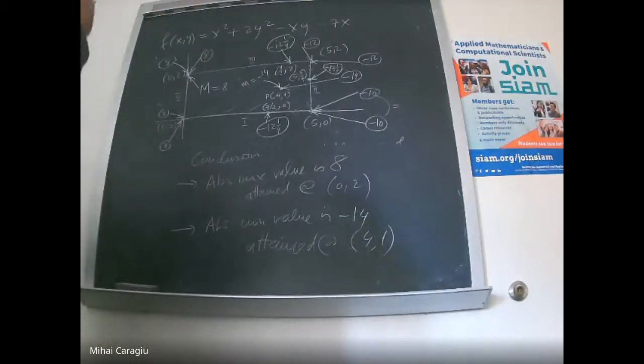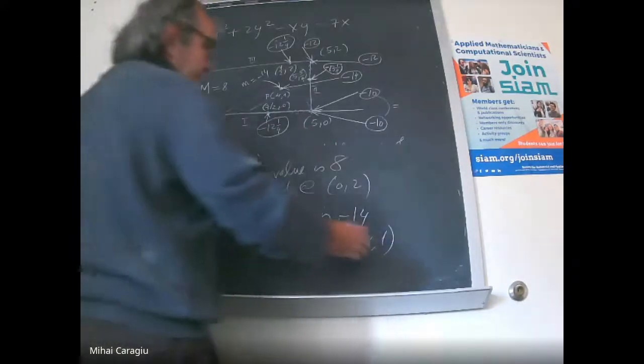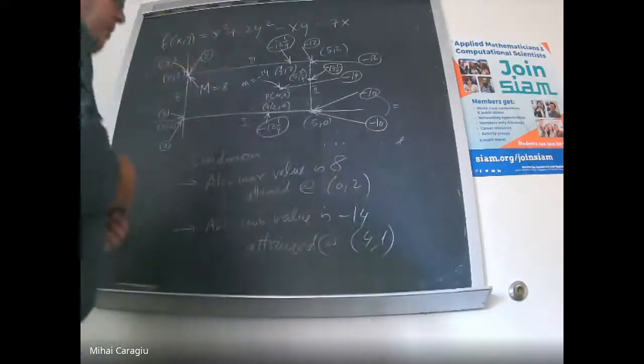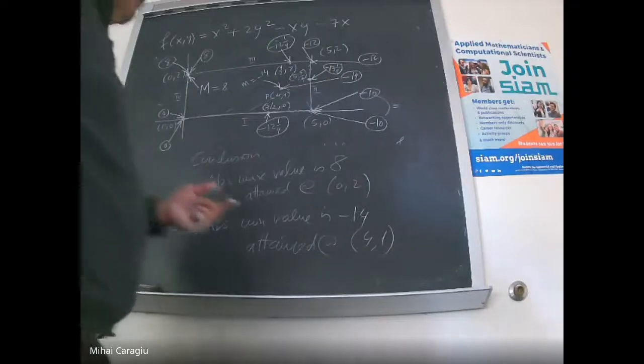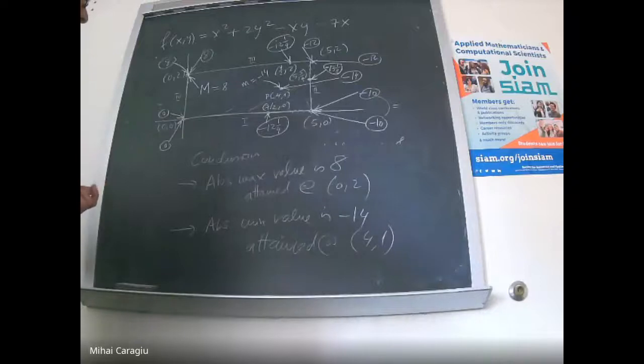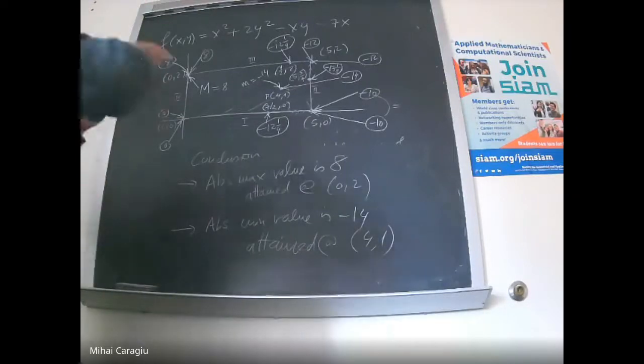In the first part of our discussion today, we looked for local maximum and minimum points, and we discovered there's only one critical point, (4, 1), and that's a local minimum. It turns out it's the absolute minimum over that